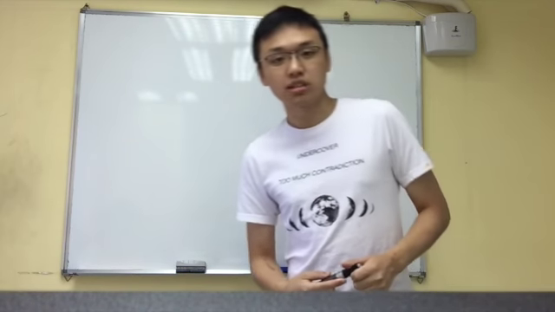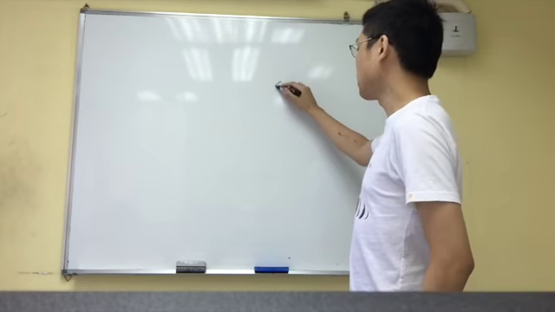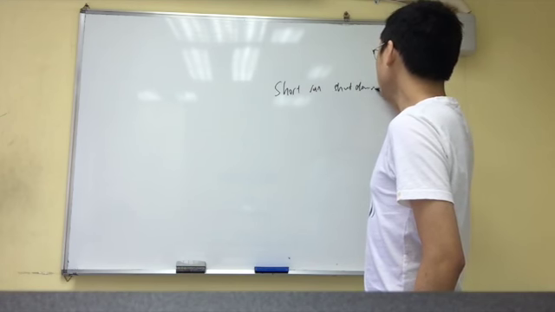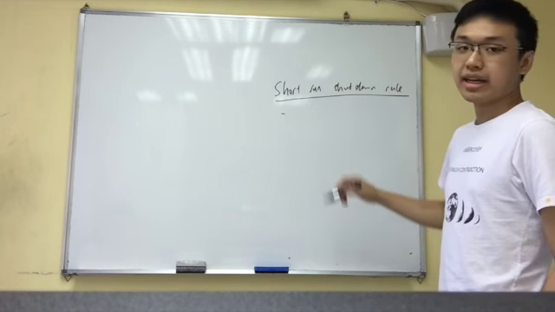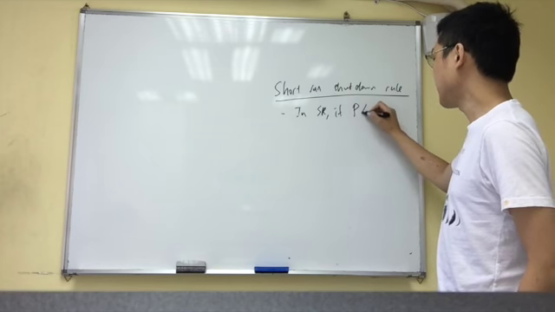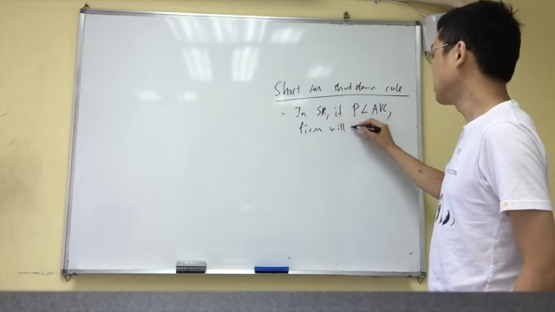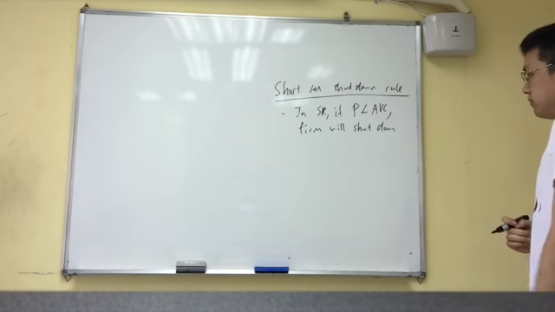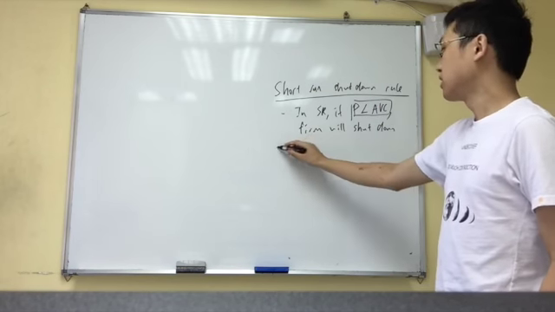So first, let's talk about what the shutdown rule is. There's the short run shutdown rule and the long run shutdown rule. Let's focus on the short run shutdown rule first. What actually is that? The short run shutdown rule simply states that in the short run, if the price is less than the average variable cost, the firm should shut down. Now, let's assume that price is less than average variable cost,